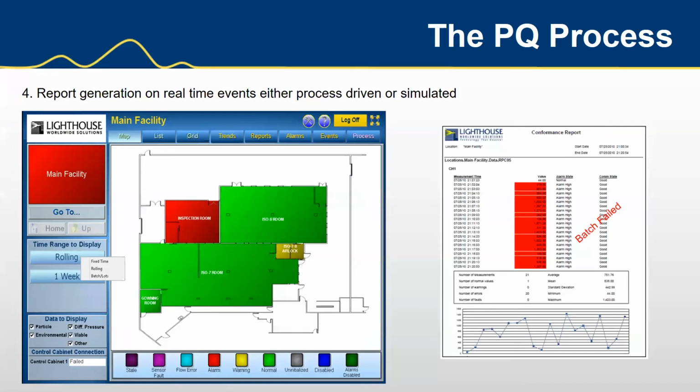Number 4, report generation. So we have the software here. We can see we've got the main facility. We have inspection rooms gone off. We got an alarm. And again, we have an automated report. This is nice to have. That way your reports can be driven by the process and automatically reported on. An EMS can send out an SMS or an email notification, or you can have visual displays, audio beacons,